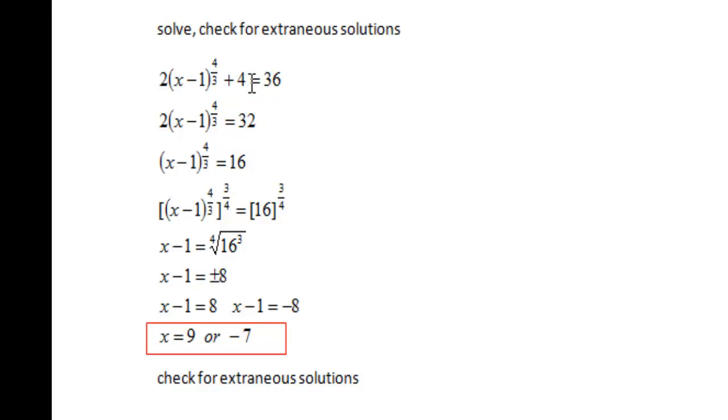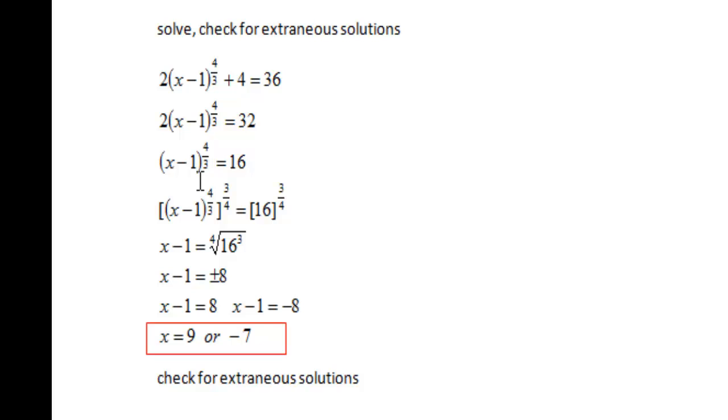What I did was I simply subtracted 4 from both sides. Then I'm going to divide both sides by 2 so that you'll have x minus 1 to the 4/3 equals 16. X minus 1 to the 4/3 is isolated now. What we're going to do to make it so that you don't have a fractional exponent is you're going to raise both sides to the power of the inverse of 4/3, which is 3/4,